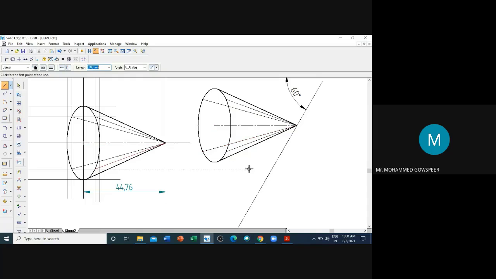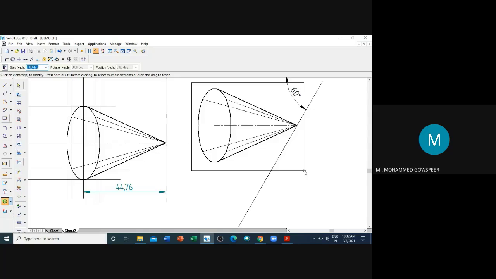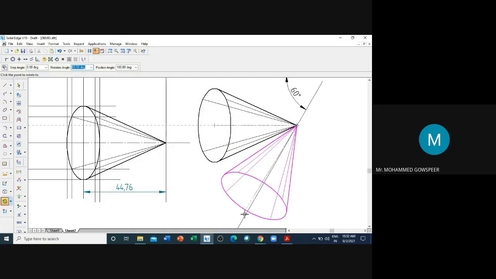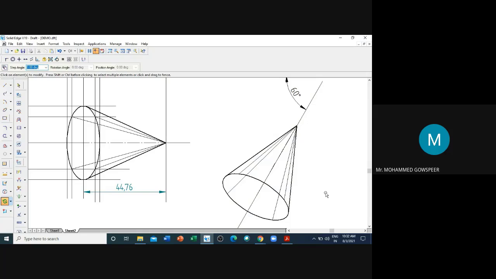Now this is O1. This is O. Now we'll move it. Rotate command. Click on elements to modify. Select this cone. Now this is the center to rotate. This is the point to rotate from. Place it here.